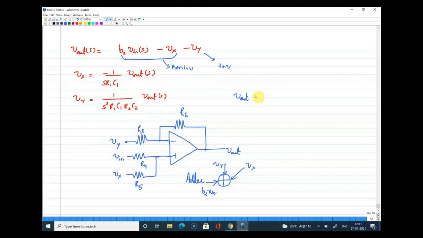Say, for example, if you want to know how the V in will come out of this V out, I'll just short Vy and Vx. So if I short Vy and Vx, can you tell me what is V out? V out will be, any thoughts? So I want to write what is V out in terms of, or can you write the output of the summer by considering all these three inputs? How will you write?